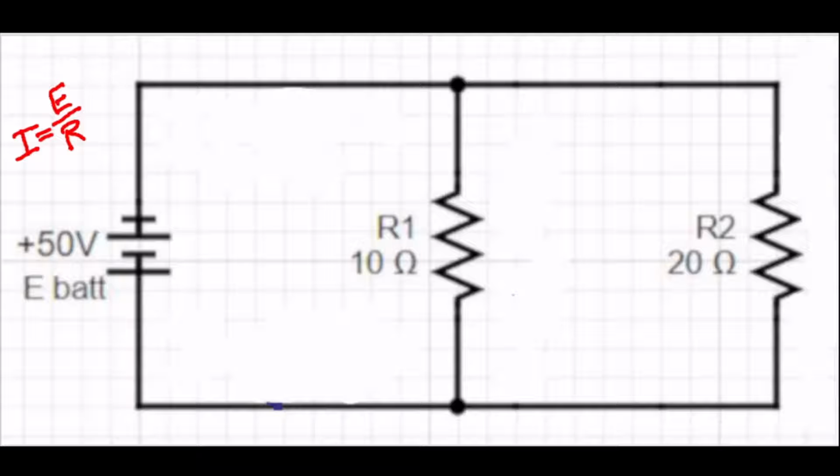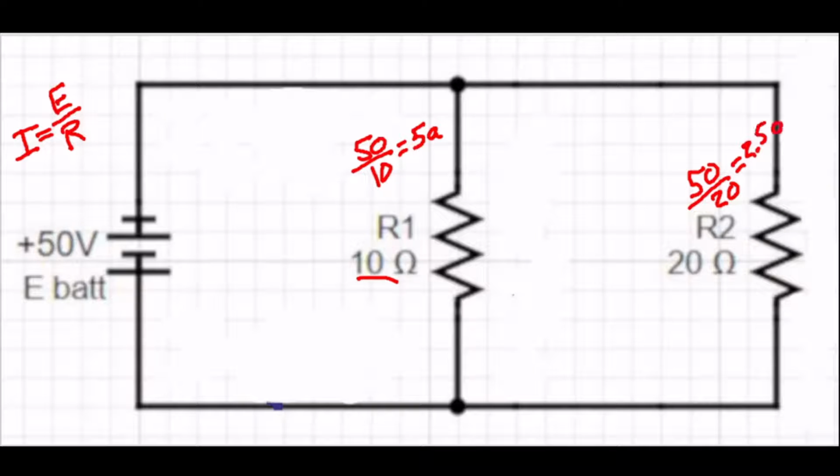And let's go ahead and do it for this one. So what is the amperage at this point? Well, it's going to be E, which is 50, divided by R, which is 10, and so that's going to equal 5 amps at this point. Let's try it over here. We're going to do E, which is still 50, divided by R, which is 20, which is going to be equal to